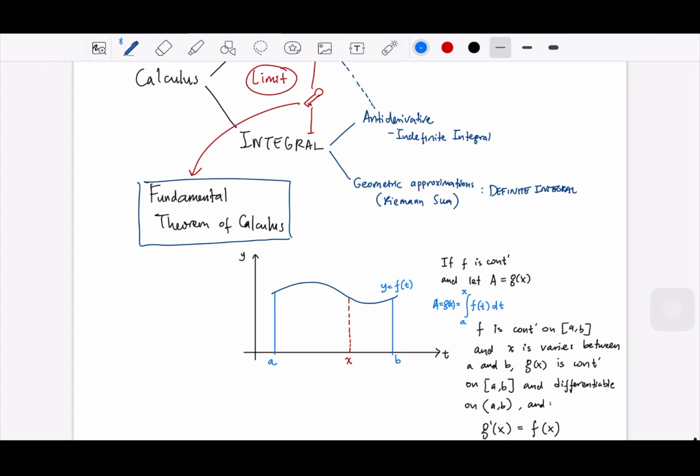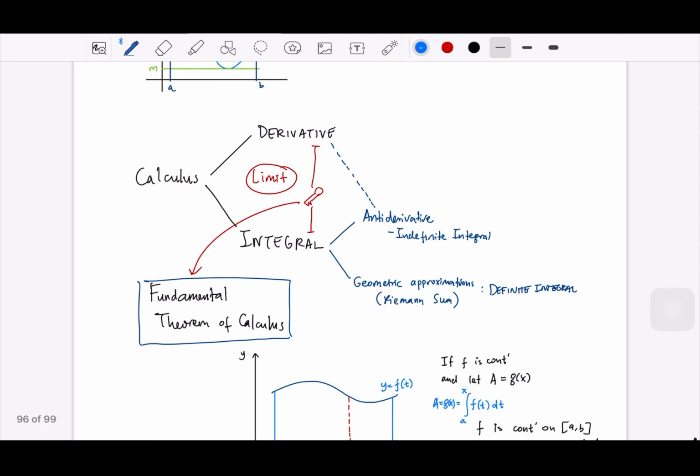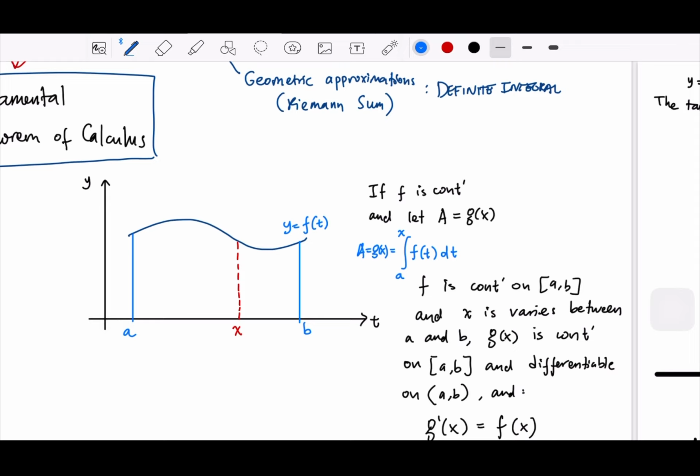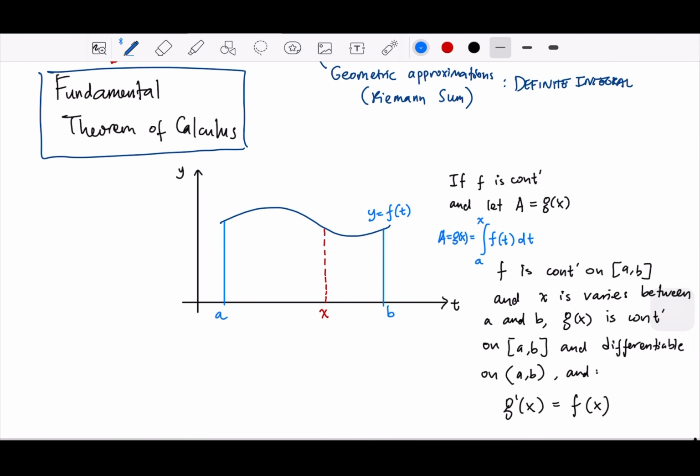So as I mentioned in the previous classes, we need something to connect the derivative and integral, and that is what we call the fundamental theorem of calculus. And to begin the theorem, we could start with this. So this theorem is applied for,